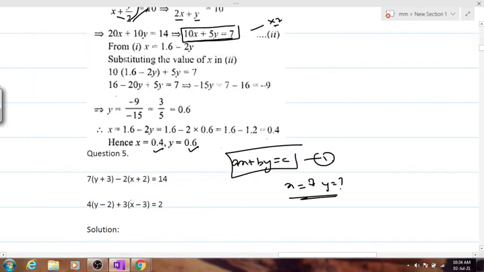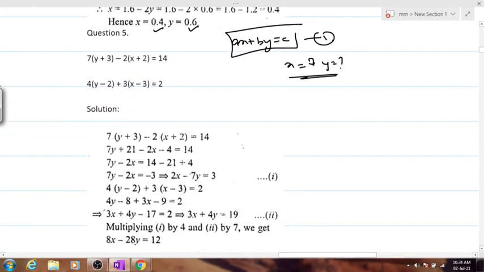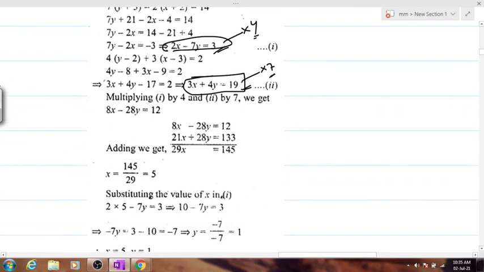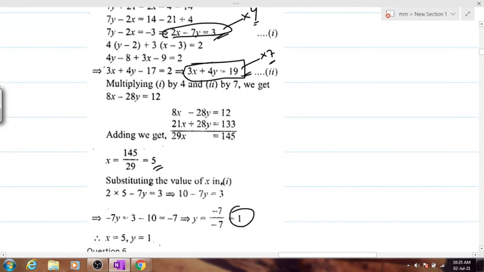So after having solved this equation, you'll be getting the first equation as 2x minus 7y is equals to 3. I hope people have got this first equation. And the second equation will be 3x plus 4y is equals to 19. Is it clear? This will be your two different equations. And after having solved it, I don't think it will be a big problem for you all to solve this. Multiply this with 4, multiply this with 7. You'll directly land up getting the value for x as 5 and the value for y as 1, minus 7 by minus 7. Is it clear to everyone? How many got this answer? Kindly confirm. We'll now move on to a different set of question.